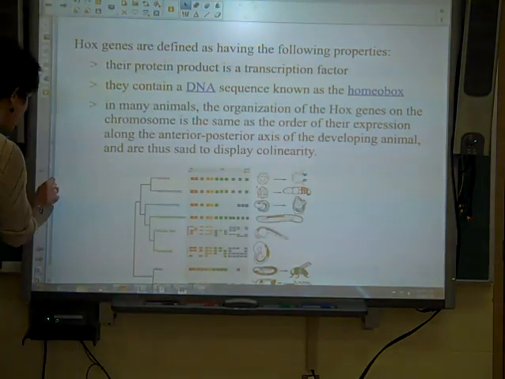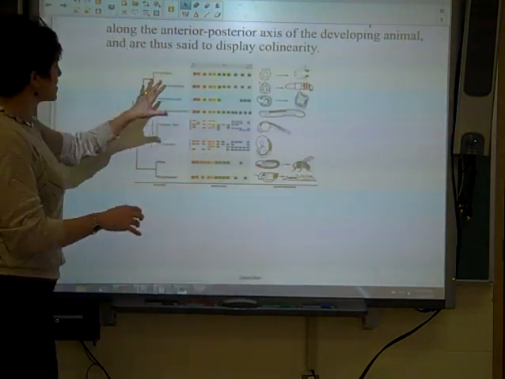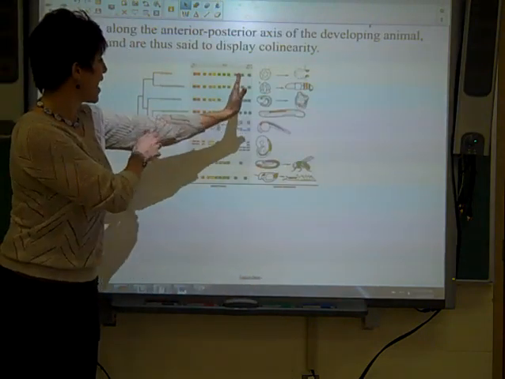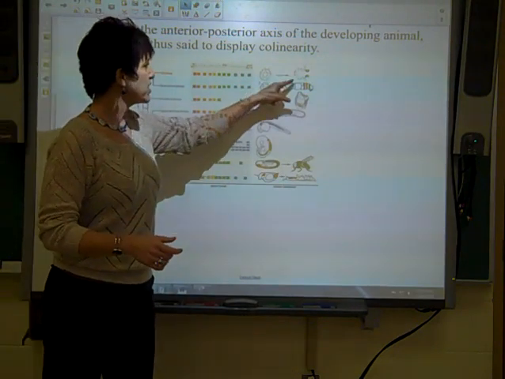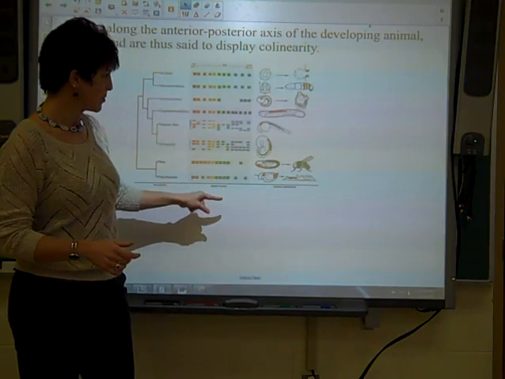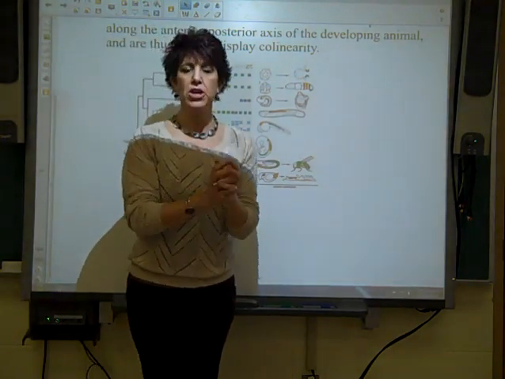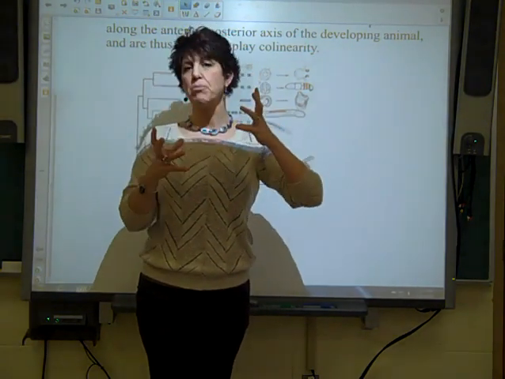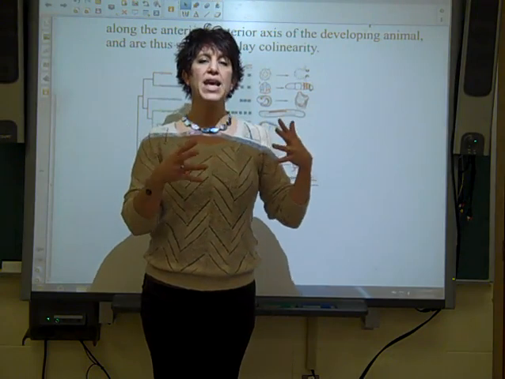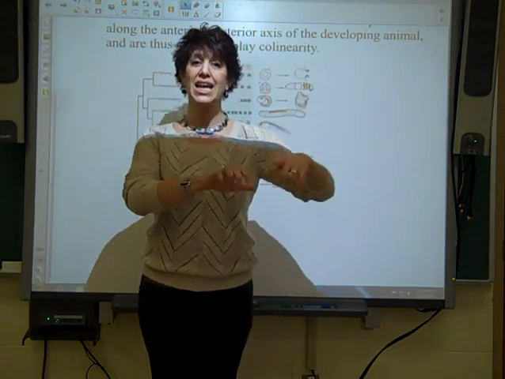So here is a diagram that shows some different, these are homeobox genes, so these different colors represent expressions of different genes in different organisms. So the idea is you have genes present from the very earliest stages of development that control what different parts of the embryo will become, and they do that by producing transcription factors that bind to DNA and turn genes